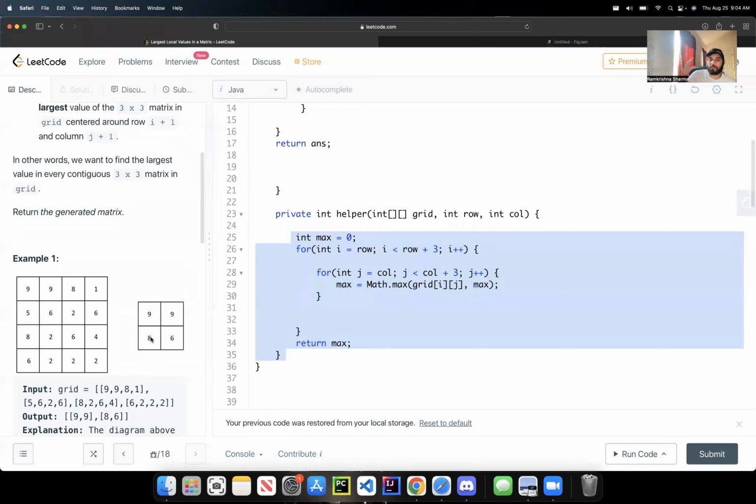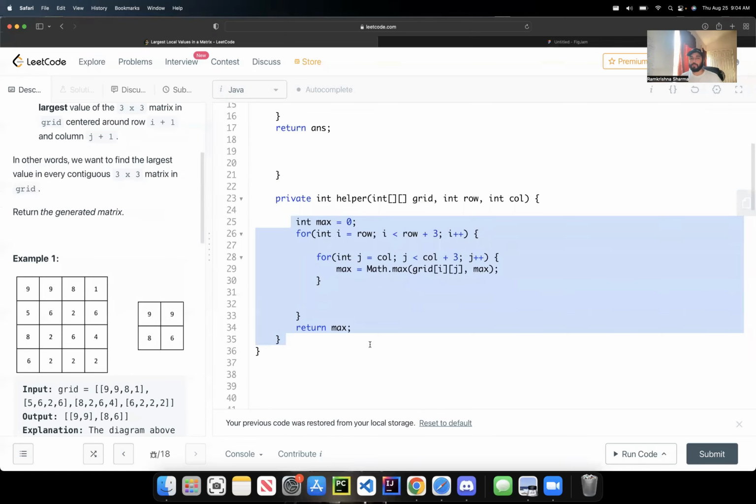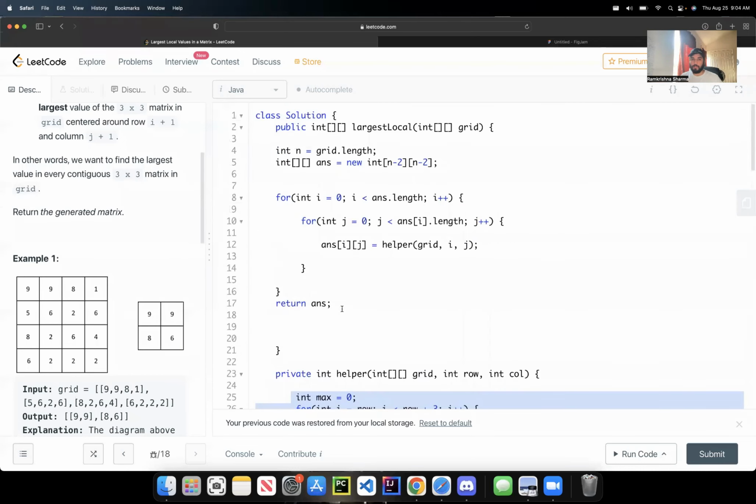So that would be 1, 0. And then when we're at 1, 0, we would process again a 3x3 matrix and then find the maximum value and return that to the original call. And then as we do this progressively, each of the elements within our answer array are populated with the maximum value within their own